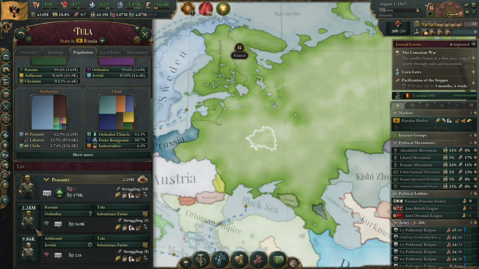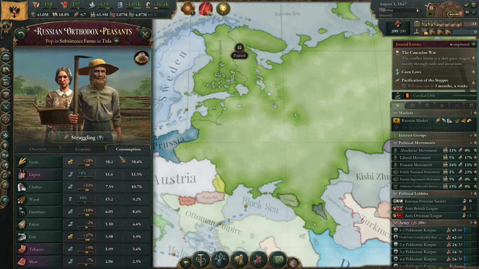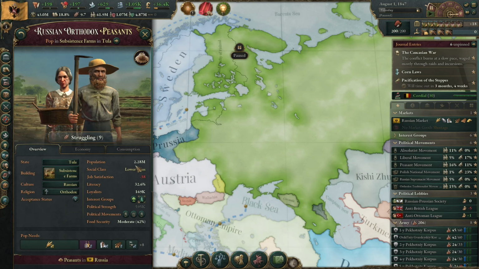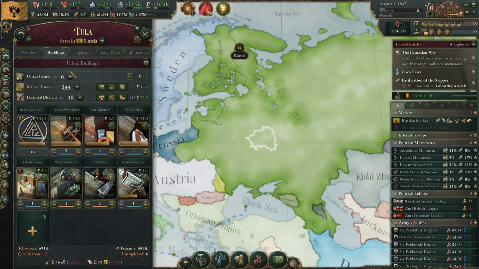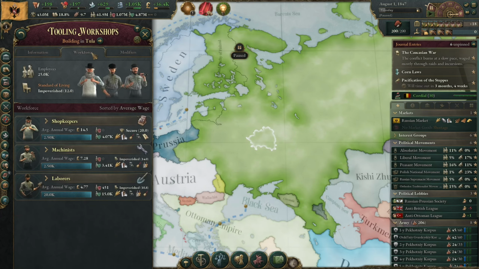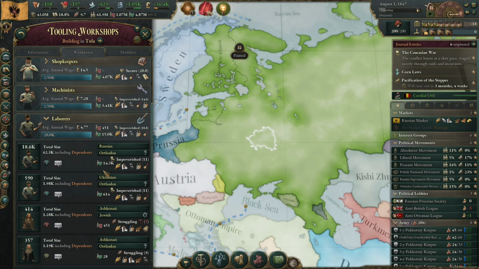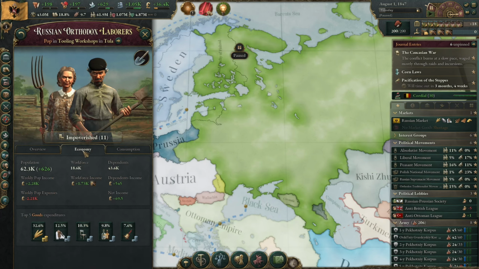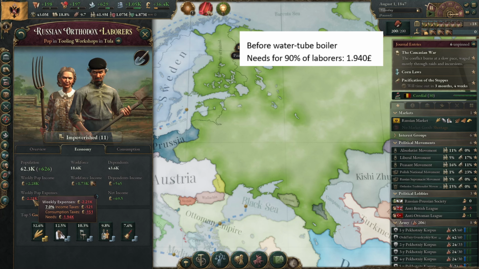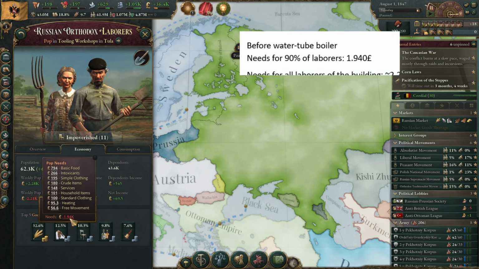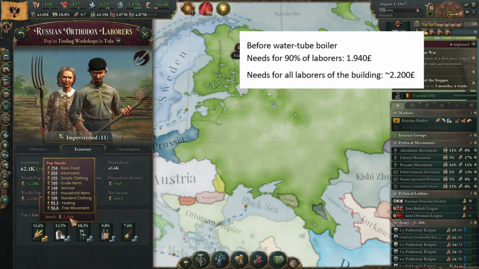Let's start with the elephant in the room, consumption. Peasants only buy 5% of their needs, while laborers buy everything. You want that consumption, true, but the new coal demand is worth much more. About 90% of laborers of the tooling workshop belong to this pop. They use £2,000 to satisfy their needs. Since they are only 90% of the laborers, let's say the total consumption of all laborers in the tooling workshop